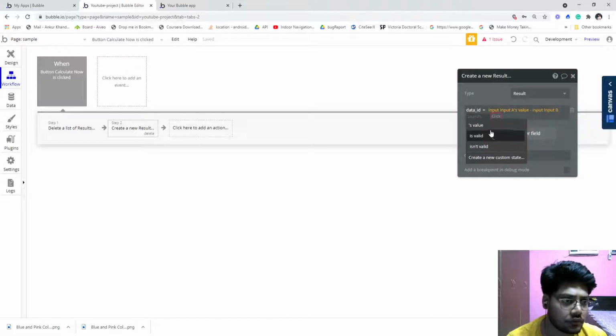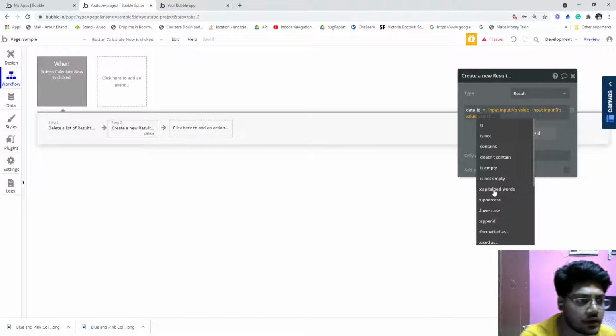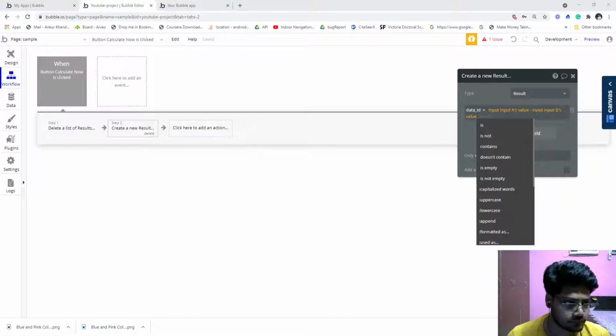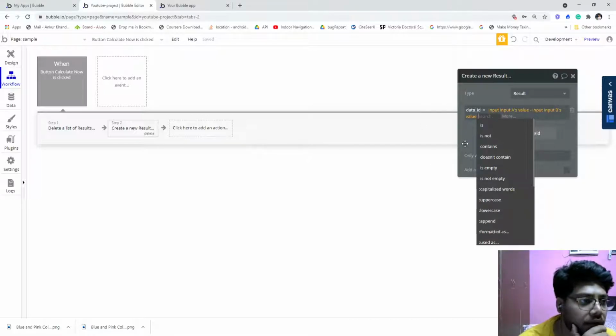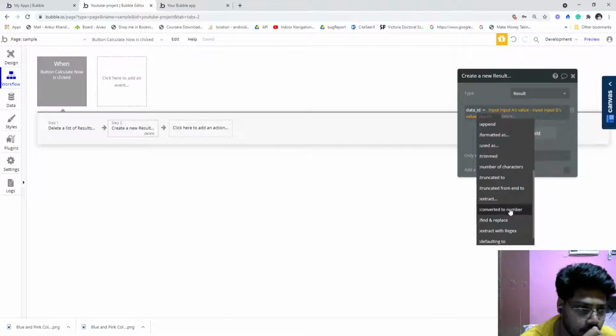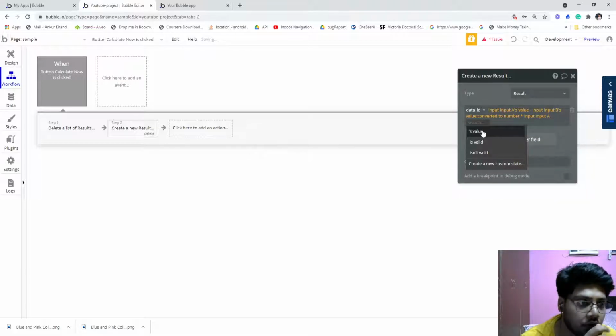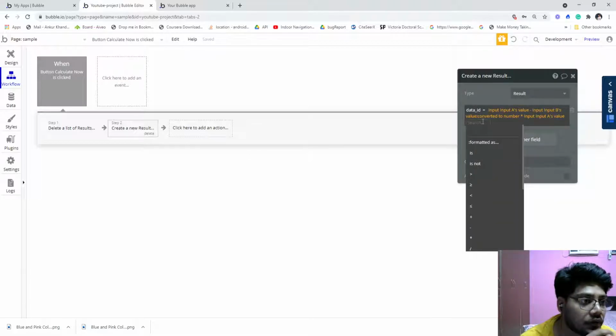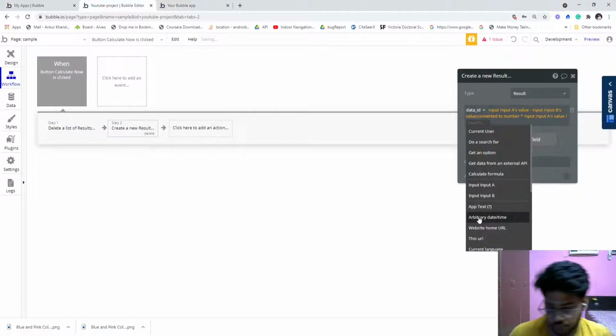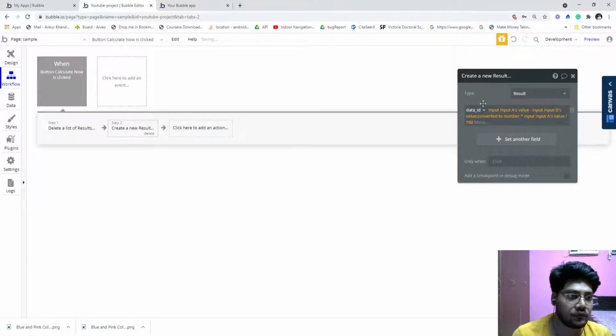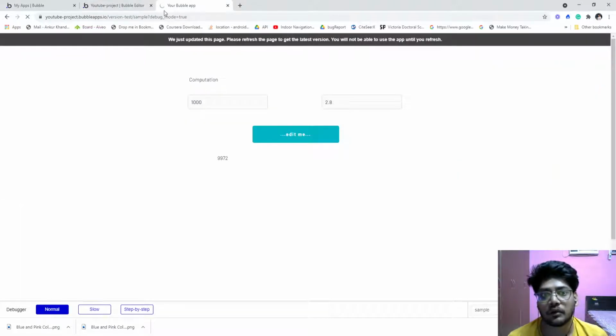Now input B's value, now we have to multiply with the, convert to number. Yeah, now multiply with the input A value. Now divide by 100 because we have to calculate the percentage. Hopefully everything is fine.